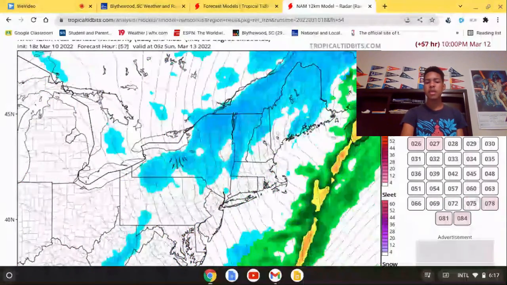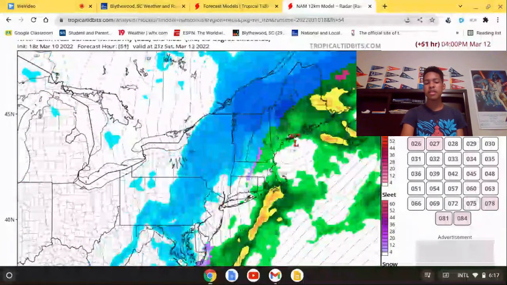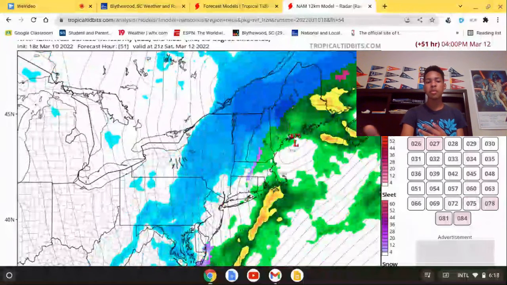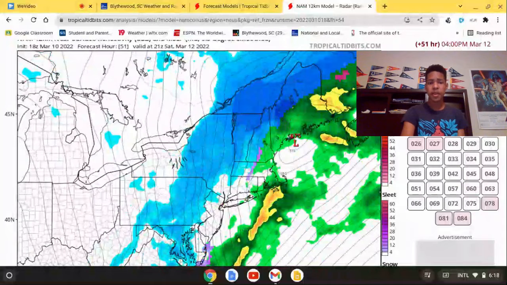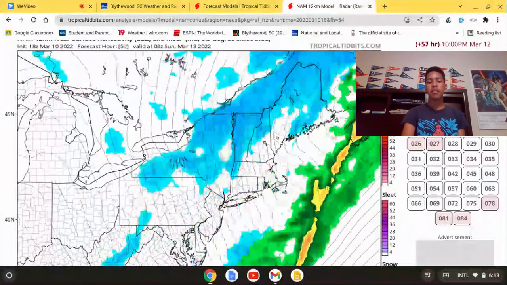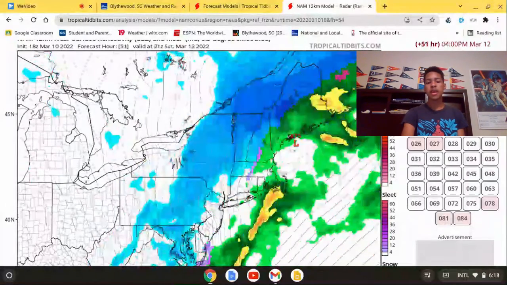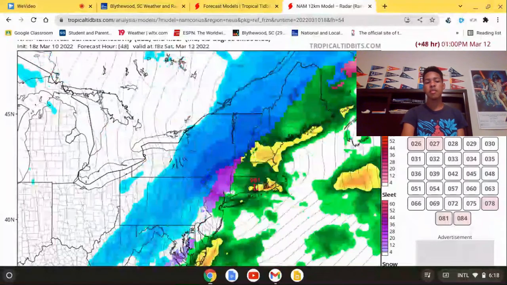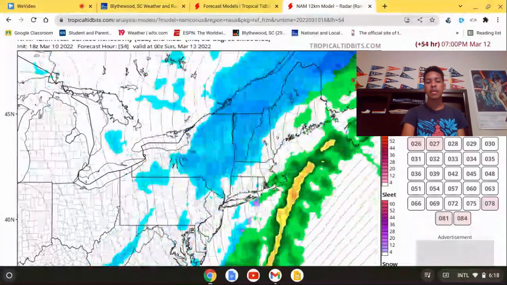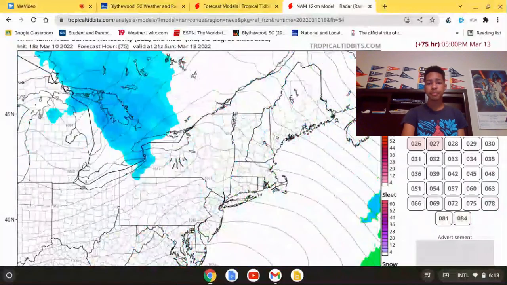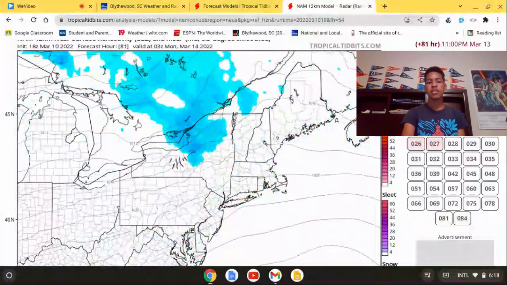But on the NAM, it looks like the snow is going to be mainly around DC and Baltimore, up through the Adirondacks into the Finger Lakes of New York, into Vermont, northern Maine, and northern New Hampshire. It doesn't look like the I-95 cities are going to get impacted besides DC and Baltimore. After that, it doesn't look like anything. And then we might have some lake effect snow and some clippers coming in as we get into Sunday.